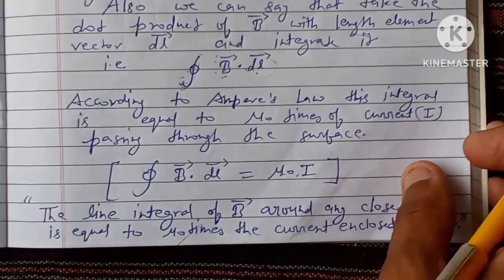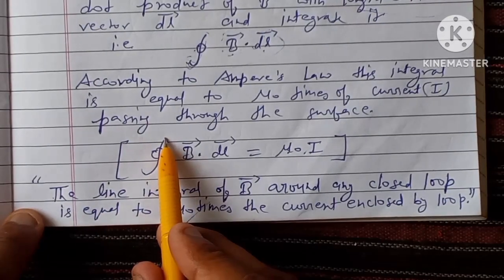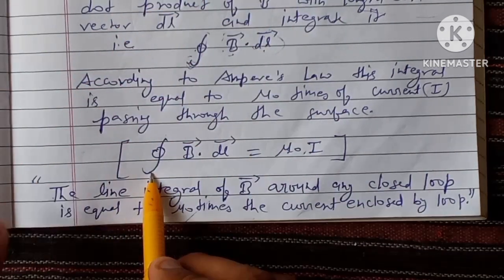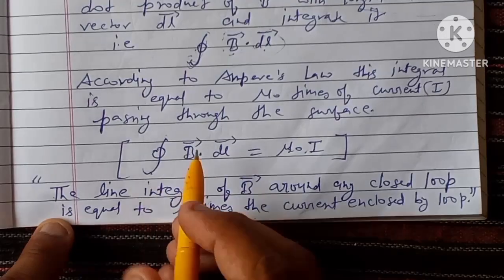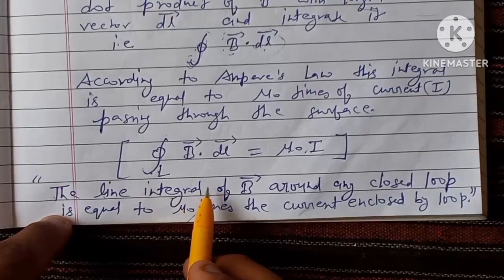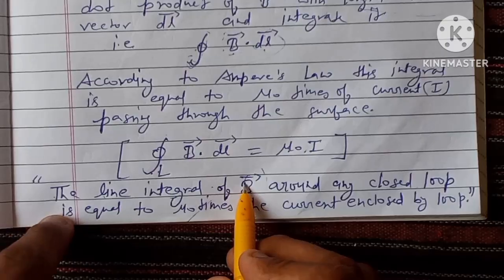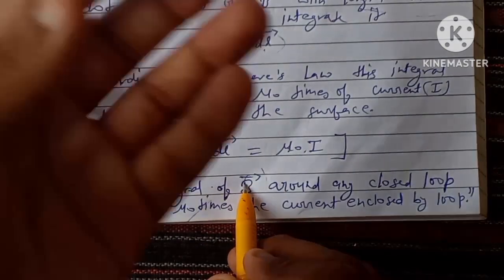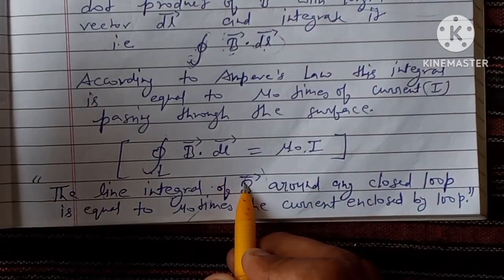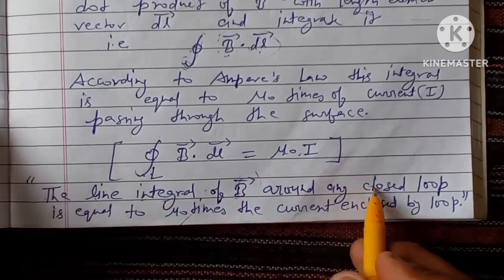If I say it in one line, since I am performing this integration around a closed boundary, this will be my line integral. You can represent it with a symbol L, meaning line integral. So the line integral of the resultant magnetic field, this B, which is due to all the currents, either they are passing through the loop or not, that doesn't matter. Some of the currents could be outside the loop. So the line integral of this resultant magnetic field around any closed loop.